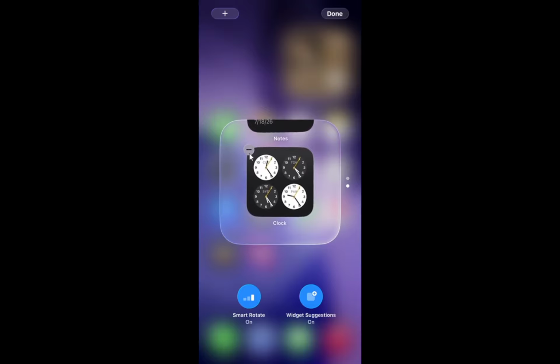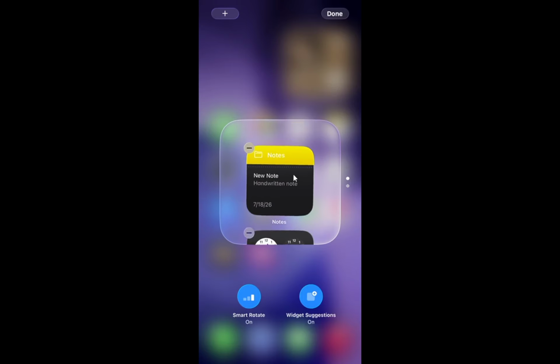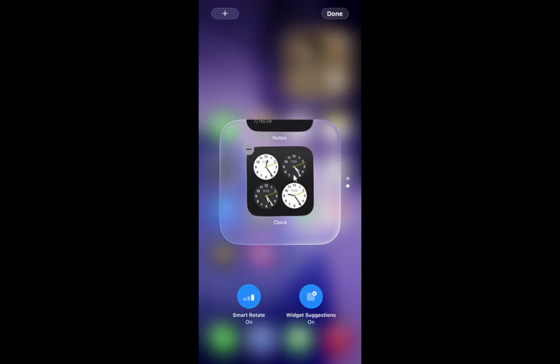Find the widget you want to remove. Take a moment to read the names because several widgets from the same app can look similar. A weather widget that shows hourly forecasts is different from one that shows only current conditions, for example. Once you find it, swipe left on that widget. Do a short, firm swipe across that single row, not across the whole list.